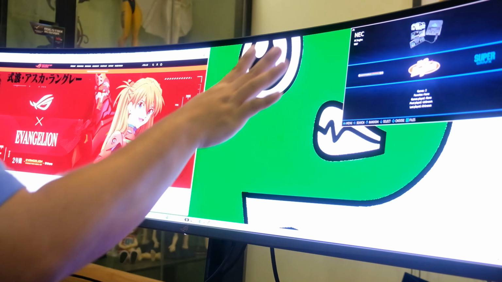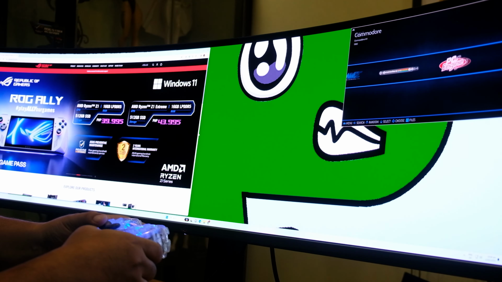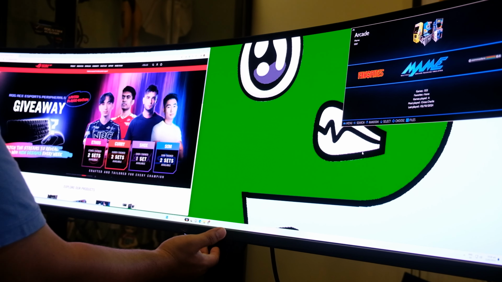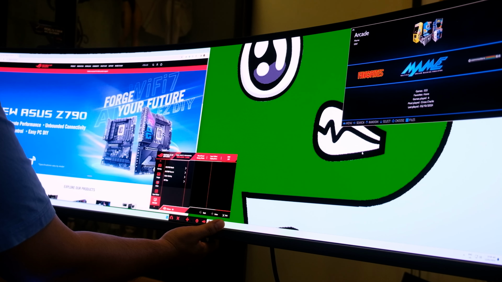Okay, so I will have the DisplayPort as my main source, the one that is actually big, and this is the other computer that I'm using. Yes, you can still use this one as a separate entity. Okay, so it really depends on you on how you will use this picture in picture, and for the settings